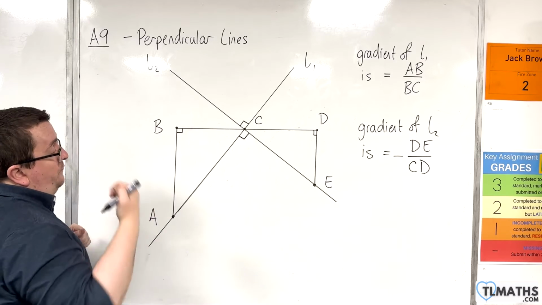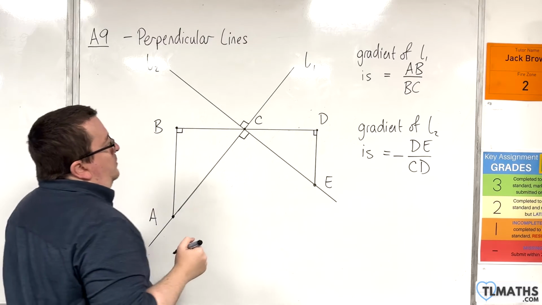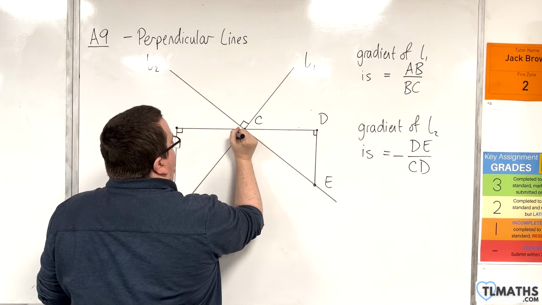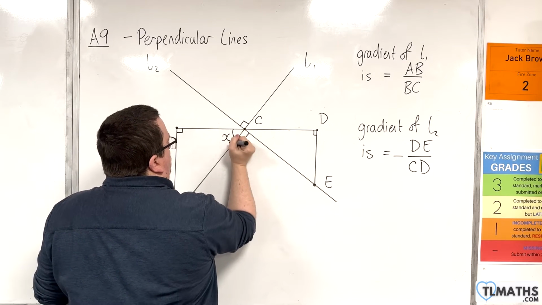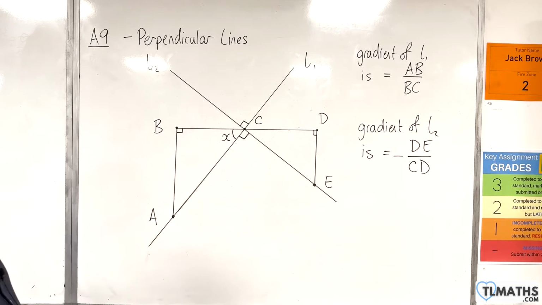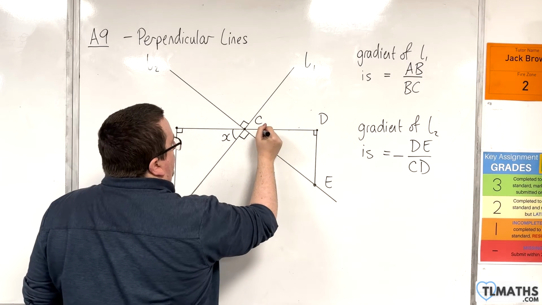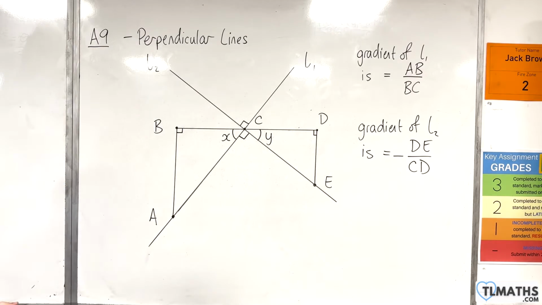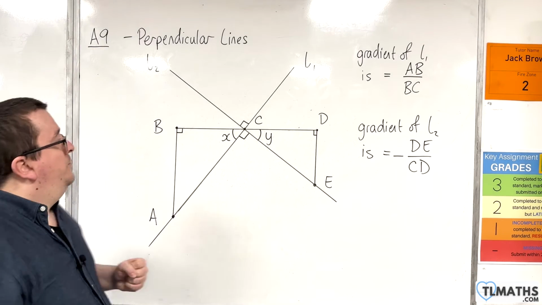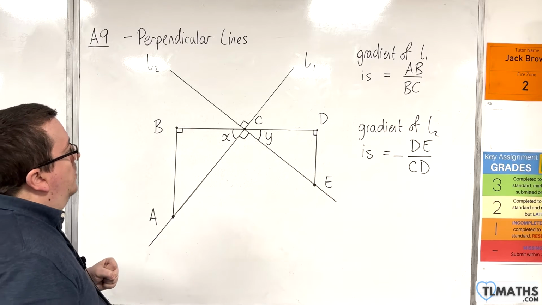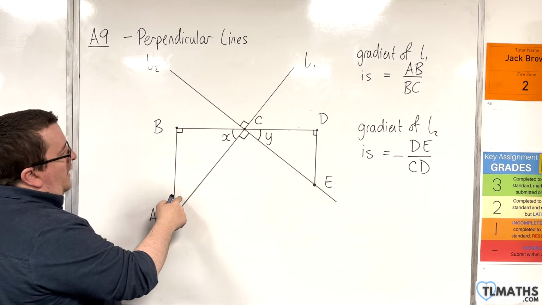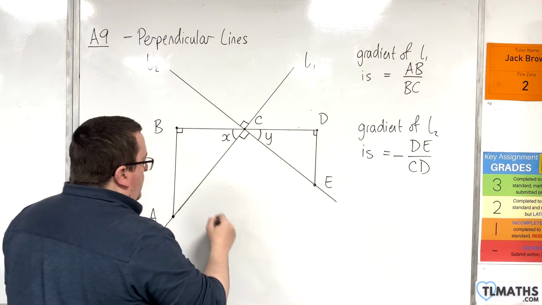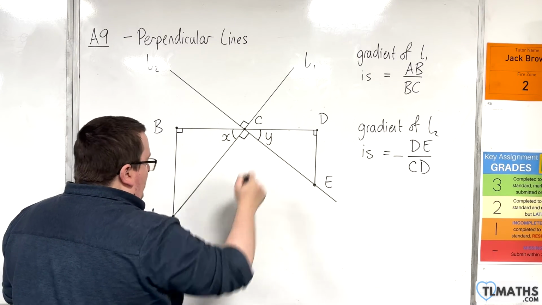So if that's a right angle, then what I can do is call this angle x, and I could call this angle y. Now, if I do that, then I know that, because of these three angles having to add up